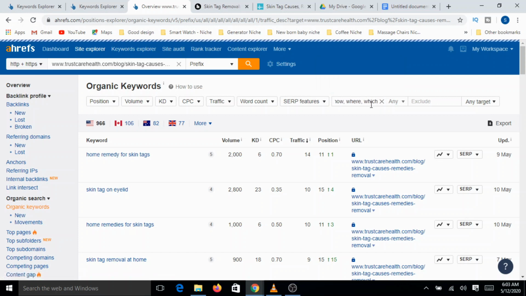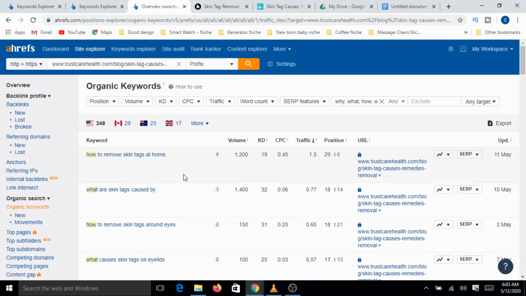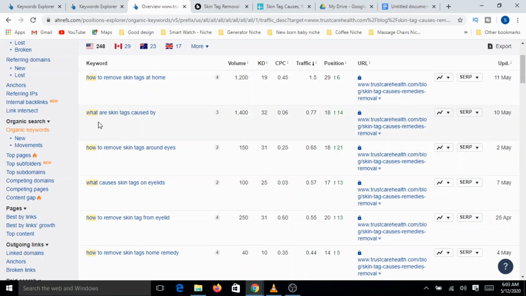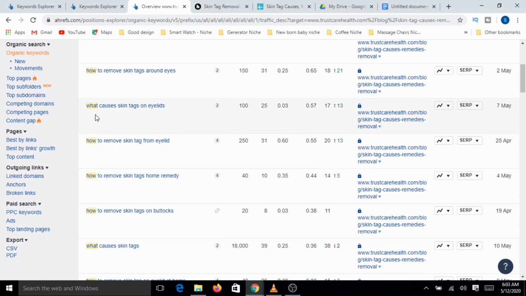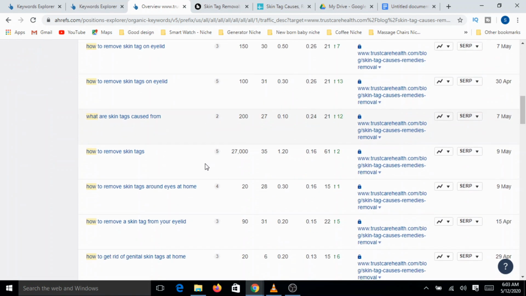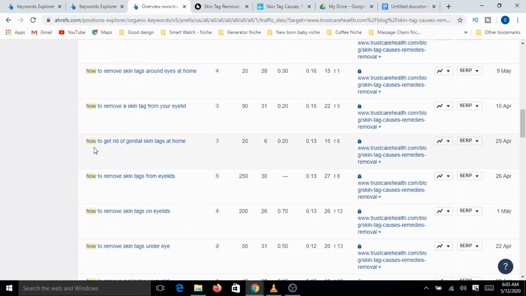Okay, and let's apply that. Now if you see here, how to remove skin tags is anyway our main keyword. What are all the skin tags caused by? Good question. Then what causes skin tags? Again associated with that. And then how to get rid of genetical skin tags at home.